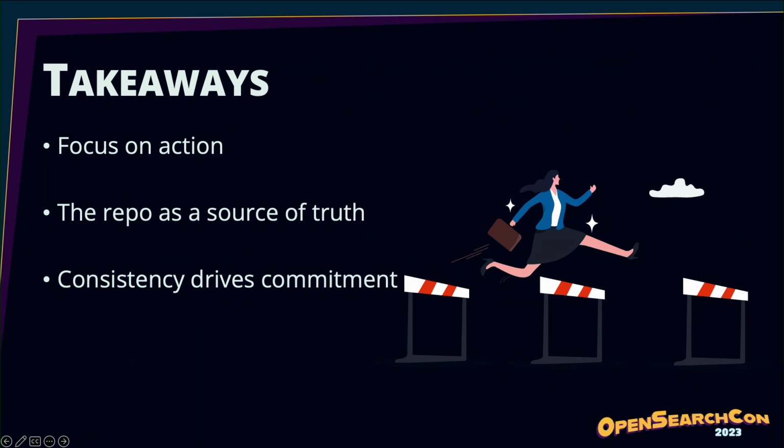The first of these is our focus on action. Just as we require actionable criteria to label an issue triaged and provide actionable feedback when we request more information on an issue, the security maintainers have made a commitment to focusing on action on the other ways we run our repository. This means we no longer leave issues to stagnate. We no longer leave pull requests without reviews.